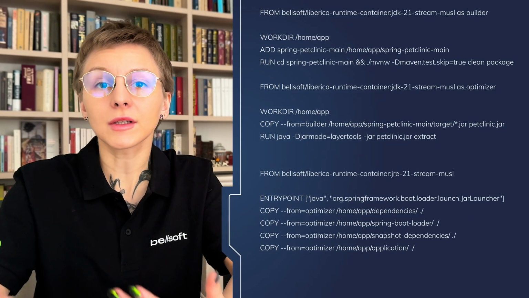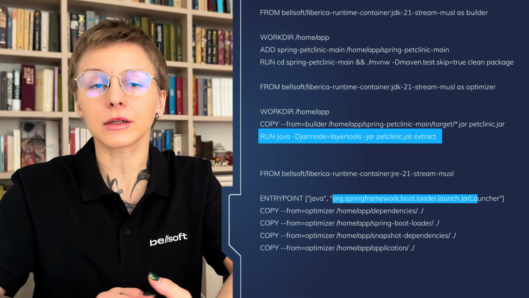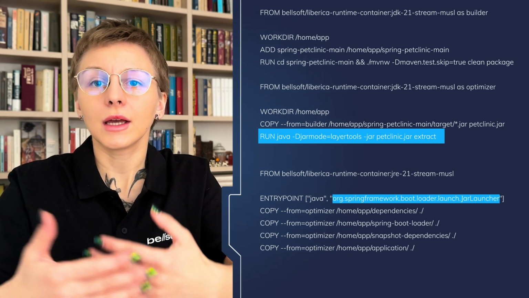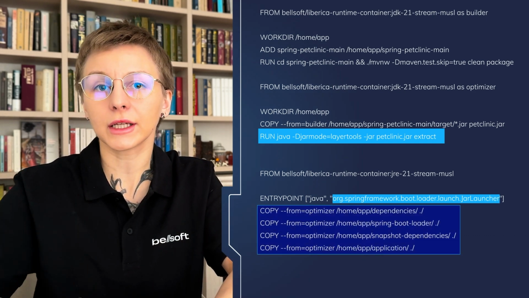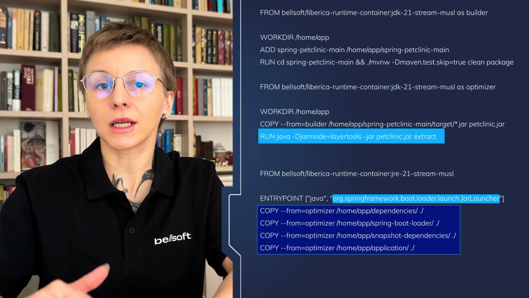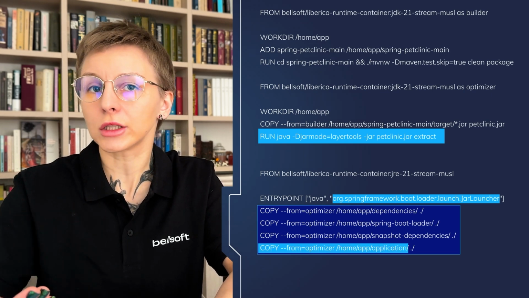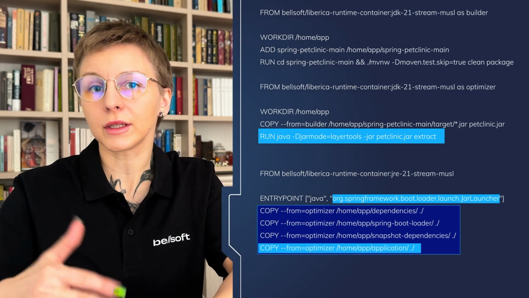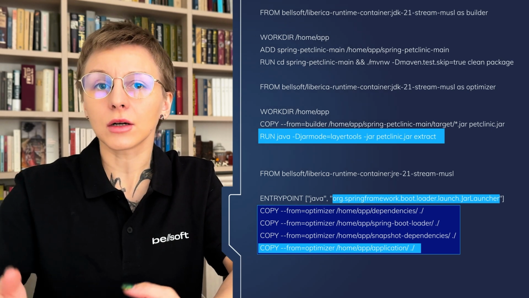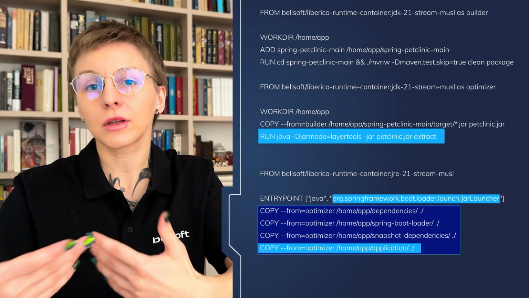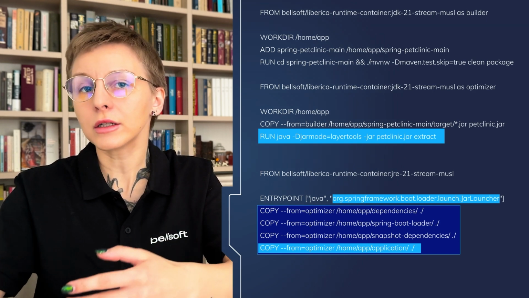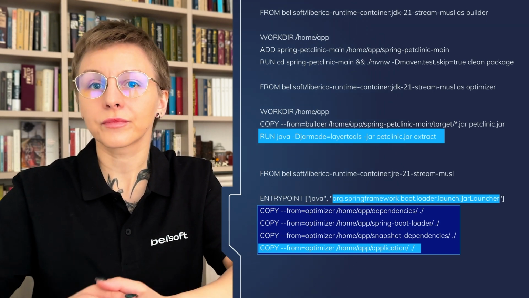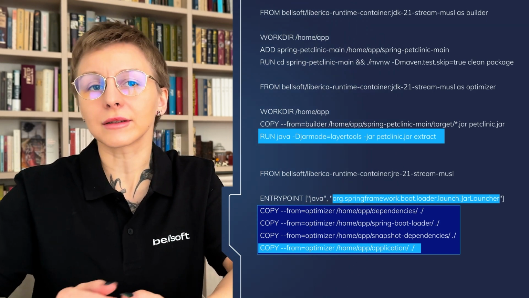Spring Boot makes it possible to create layered jars. In a layered jar, the application and its dependencies are stored in different layers. The most frequently updated layers, such as the application layer, are placed on the top in the container image. So, every time you introduce changes to the application, only this layer is changed and the others are pulled from the cache. And so the updates will be faster.